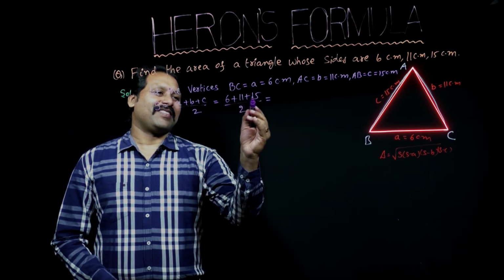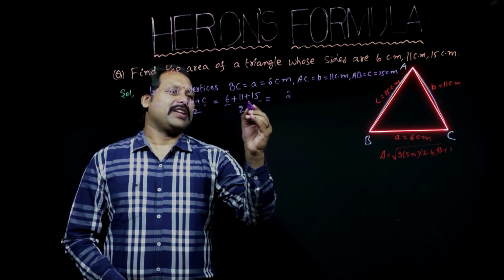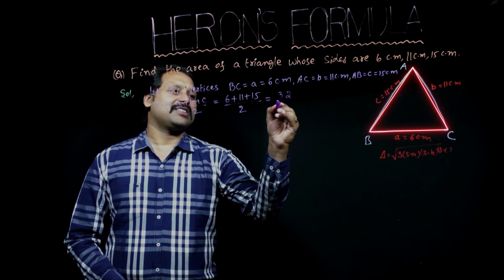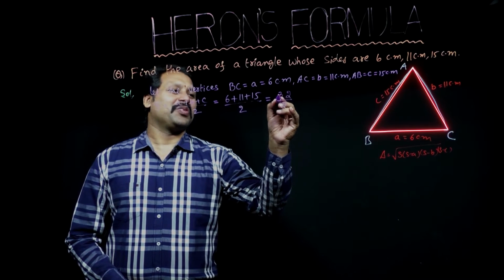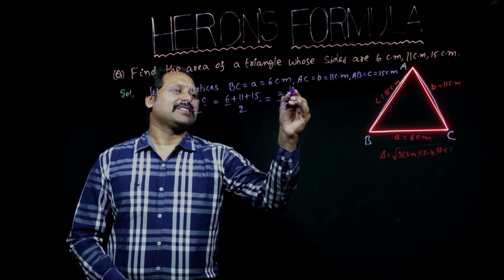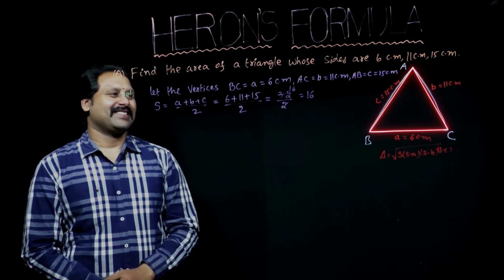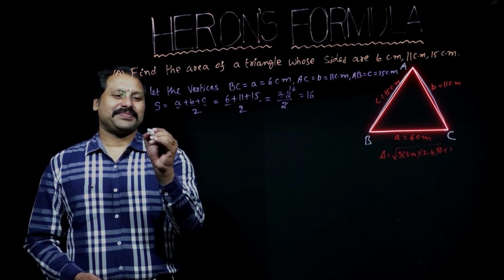6 plus 11 is 17, 7 plus 5 is 12, 1 is the remainder, 1 plus 1 is 2, 2 plus 1 is 3, so 32 whole divided by 2. Second table goes in 32 one time and 6 times. It gives 16. Now, area of the triangle